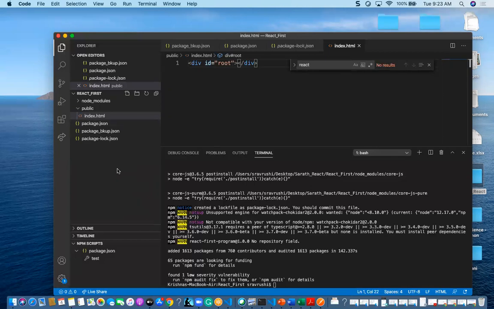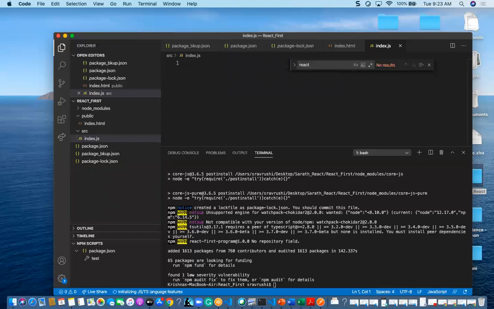For that, I want to create one more folder, src, and inside this src, a file named index.js. Once I create index.js, the first thing I want to do is render, as I told you. We have to import the component and send it to the element with id root. So first we need to create the component.